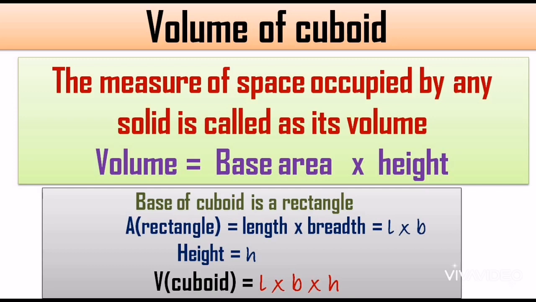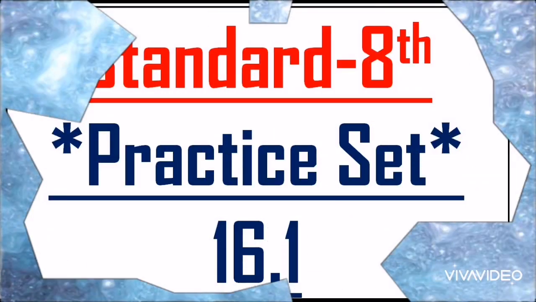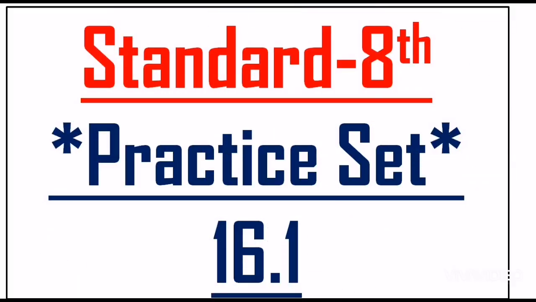Now when you club these terms in the volume of cuboid, the basic formula, you get the answer: volume of cuboid equals length into breadth into height, and in this manner we have made the formula for the volume of cube and cuboid. If you have understood how to make the formula for TSA, VSA and the volume of cuboid, then you are all set to solve practice set 16.1. So let's begin with it.